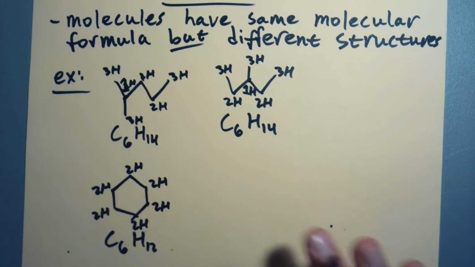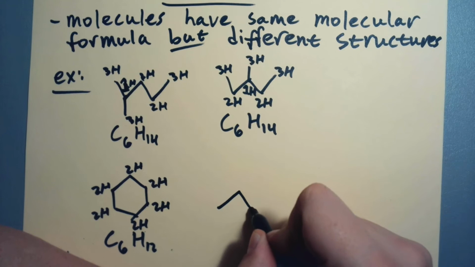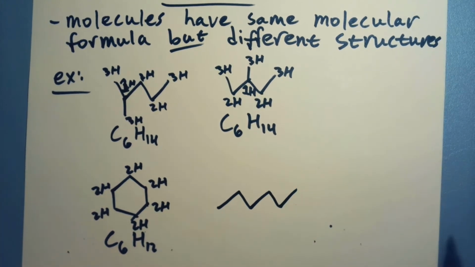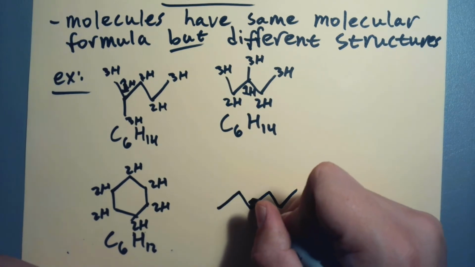And there's a number of different structures I can make. But I could have a chain. 1, 2, 3, 4, 5, 6. Okay. And as it's written now, these would not be isomers. This would have too many hydrogens. But if I just bring a double bond in there,